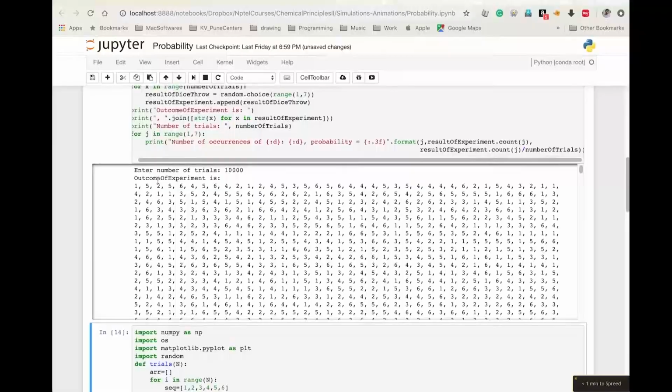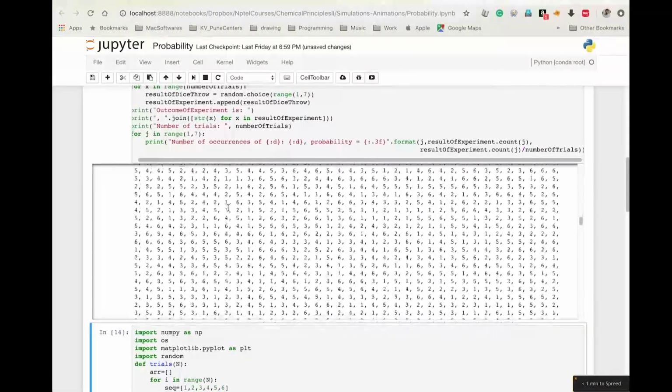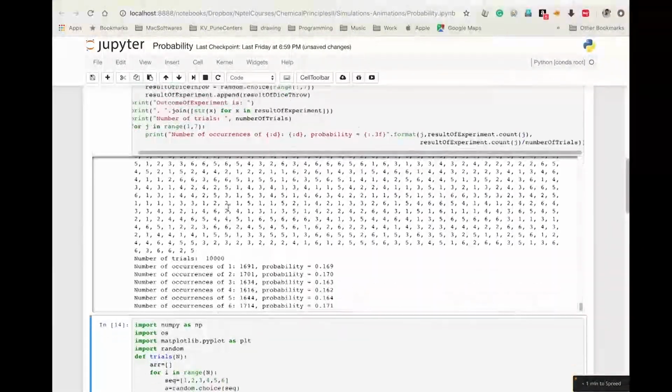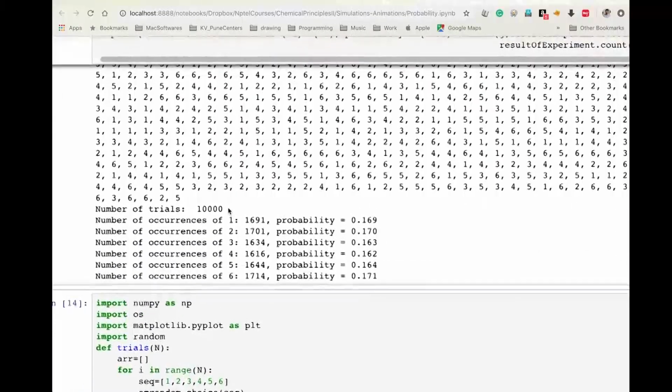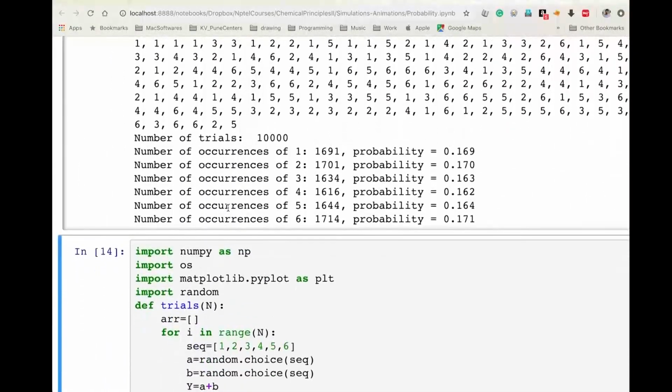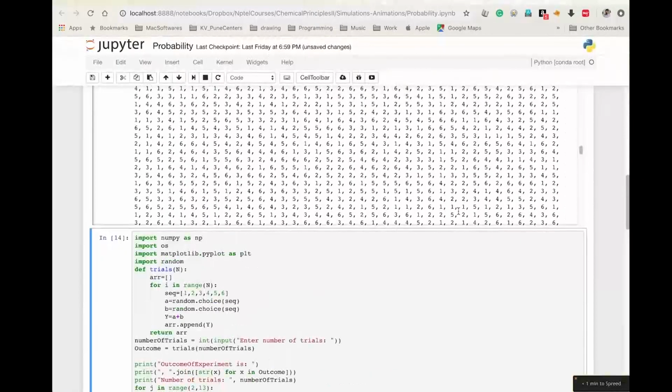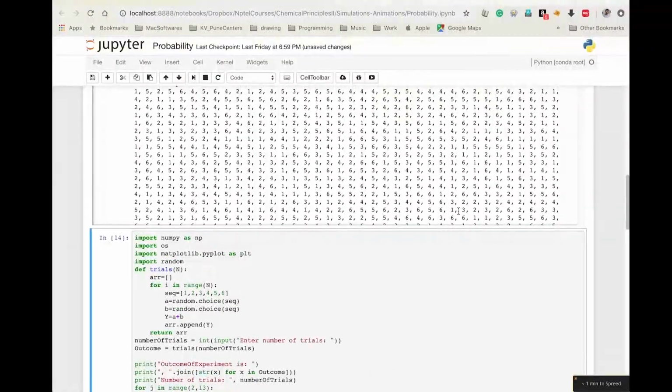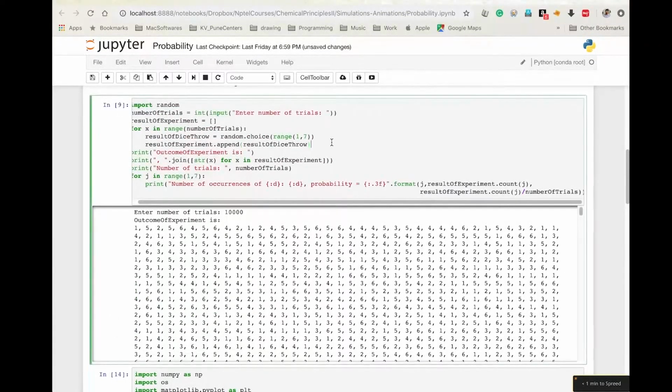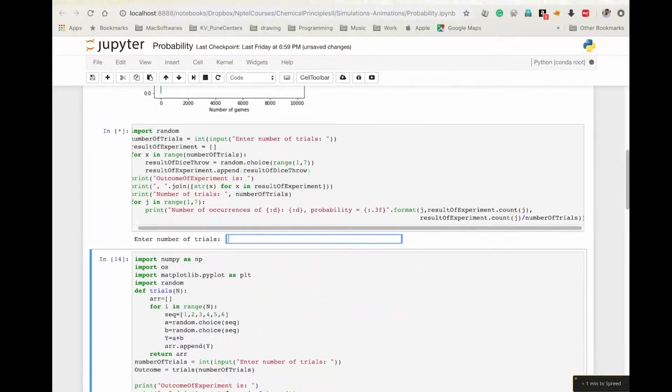As you can see, 1, 5, 2, these are the outcomes that we got, and at the end of our outcome we will have the probabilities, which is mentioned here. Now, you see most of the probabilities are very close to 0.167, 0.169, 0.170 and things like that. Now, if you want to be more accurate, so this is nothing but 10,000 times, right. If I want to be more accurate, let us do 100,000